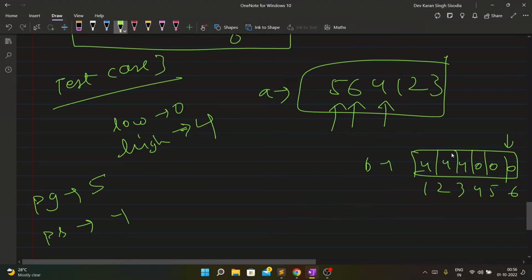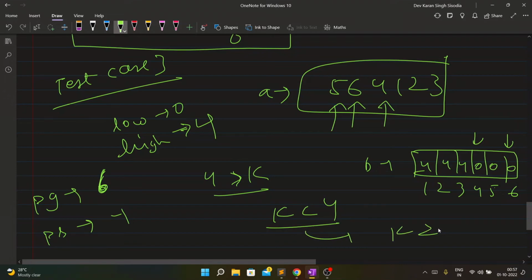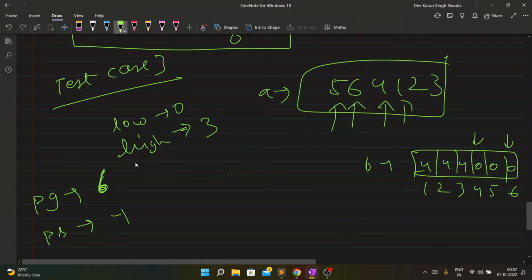Now we go over here, 4, right? We go to the index number 4. This will again be my greater case. Also we have to increment previous greater to 6. For this being my greater case, my 4 must be greater than k, so k must be less than 4, which means k less than or equal to 3. So my high will be changing from 4 to 3. We go on forward, right? Also we have to increment the previous greater because this was the greater case.